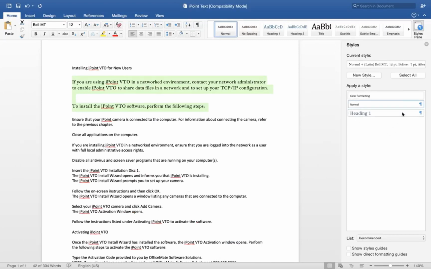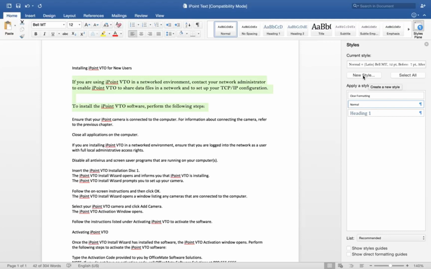And we can see all of the styles that currently exist in this document. The text that is selected is the normal style plus some manual formatting. This is the stuff that we really want to avoid. So we're going to create a new style based on this formatted text.